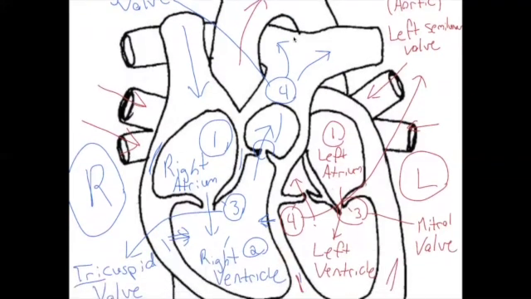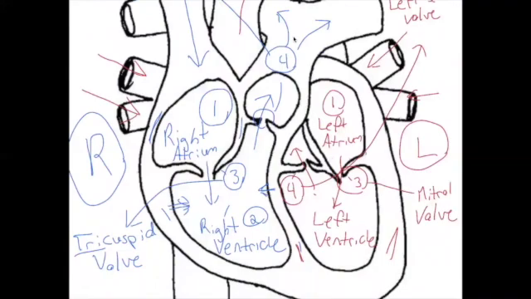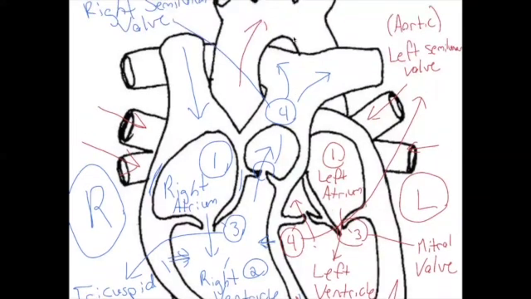So that was the goal for today, is just to talk about the chambers and the valves. We're going to talk about the arteries and veins in more detail next class, but just to quickly summarize, again, we're going to come in your right atrium. So we bring in deoxygenated blood that's already used up all its oxygen. It's going to go through our tricuspid valve into our right ventricle. And then that right ventricle is going to push it to our lungs after it goes through our right semilunar